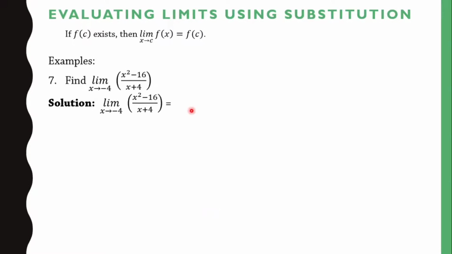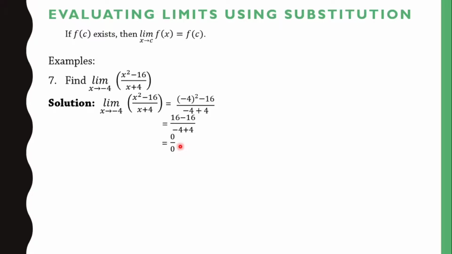In this example, when we substitute -4 to the given function, what we get is -4 squared minus 16 all over -4 plus 4. -4 squared is 16, minus 16 over -4 plus 4. 16 minus 16 is 0. -4 plus 4 is also 0, which gives us the answer 0 over 0, or again, we call this the